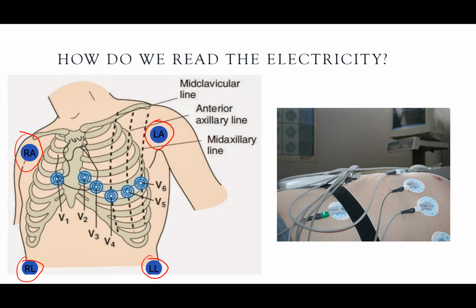So once you get those arm and leg leads on, you're going to then put the chest leads on. And the chest leads are what are labeled here: V1, V2, V3, V4, V5, V6. And I'm not going to go too much into how to place those. You can watch other videos for that, but just briefly, you're trying to get the V1, you just have to